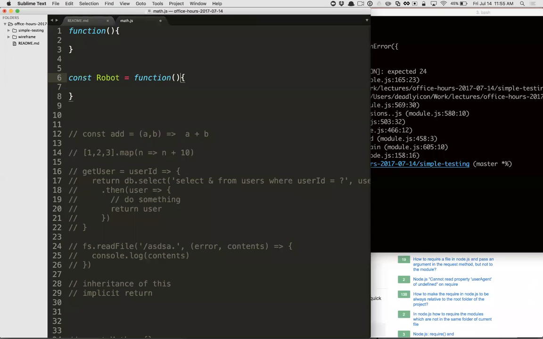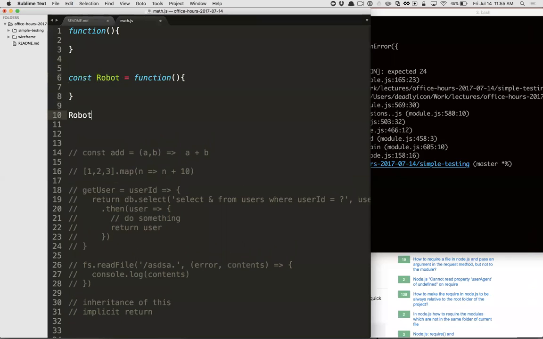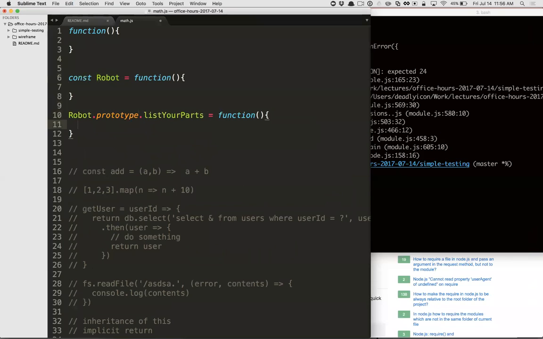Here's one case in which if you're creating a constructor, you cannot use an arrow function to create a constructor. It's not allowed. So you have to use the old school, the long form version of function, the classic function, right? So then we have robot.prototype.listYourParts equals a function. We could make this an arrow function.